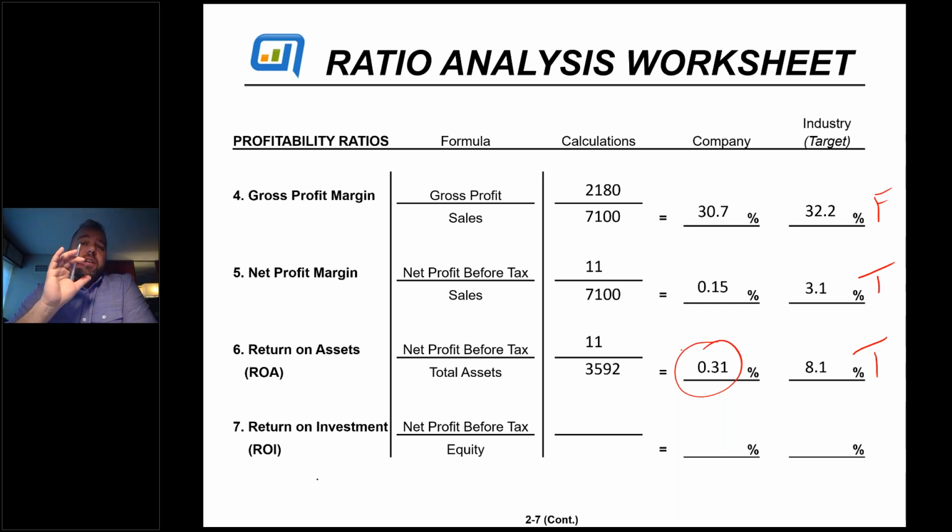Now, from an outsider's perspective, I can look at this and say, there's an opportunity. And the opportunity is he's got underutilized assets. He's not using his assets that are on his floor right now to their fullest capacity. He should be at least getting 88 cents off of every dollar. If he's not, that tells me that I can go in and actually take over and increase productivity without buying more equipment.